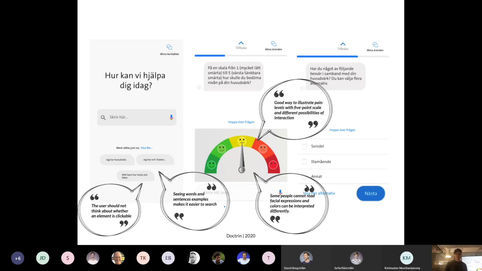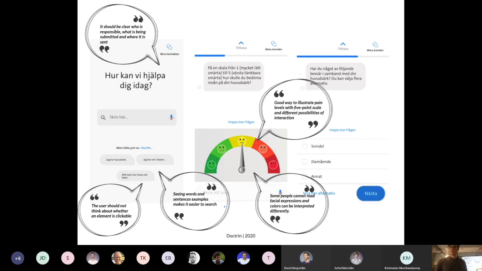In the study, I found that one user, for example, associated the color red with love. It didn't understand why it should be something negative or interpreted as bad. Instead, it should be good.